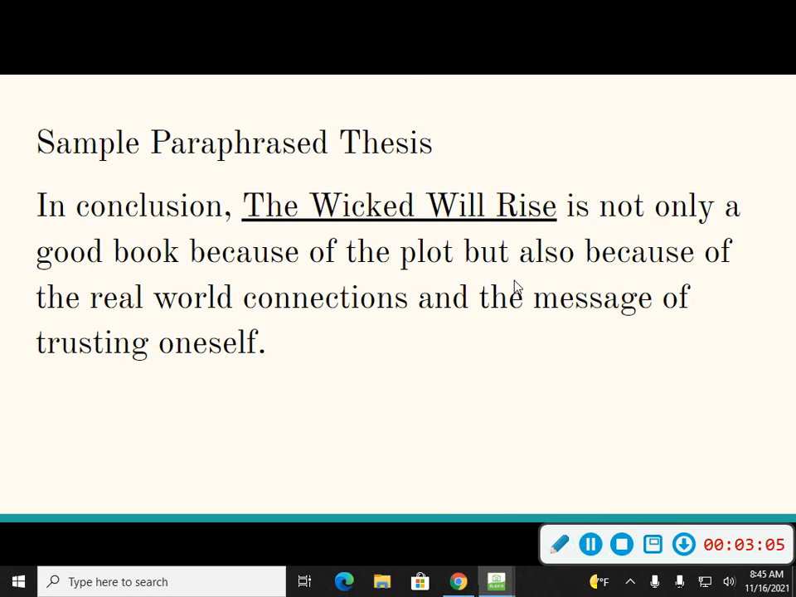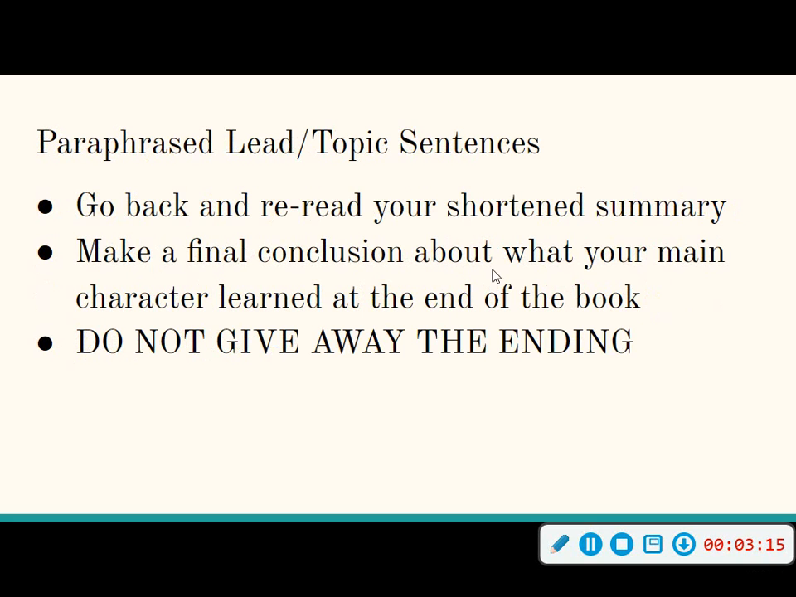All right, moving on to the next row. We only have 3 rows for our conclusion, so we're almost there. Moving on to our next row. Our next row is our paraphrase lead-in topic. What I want you to do is make a final...